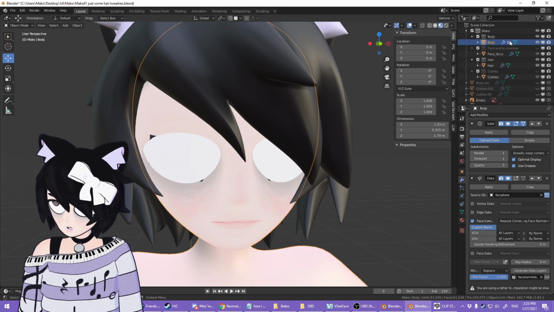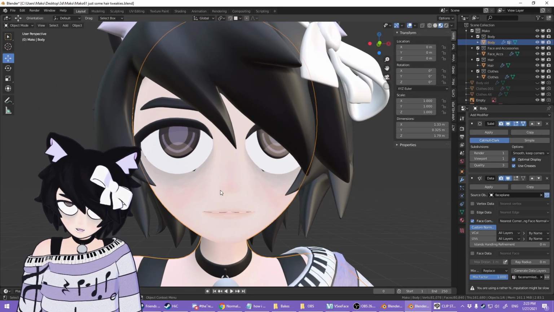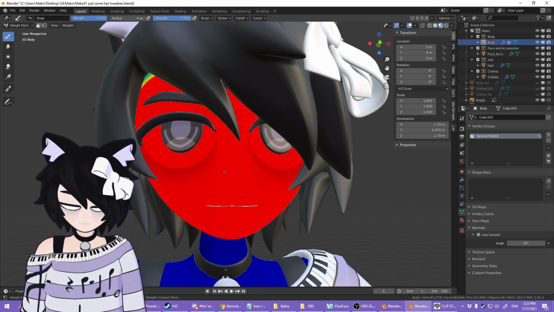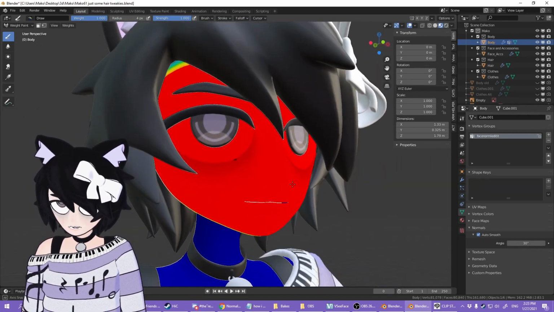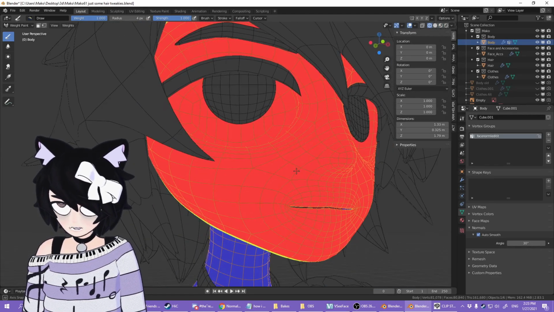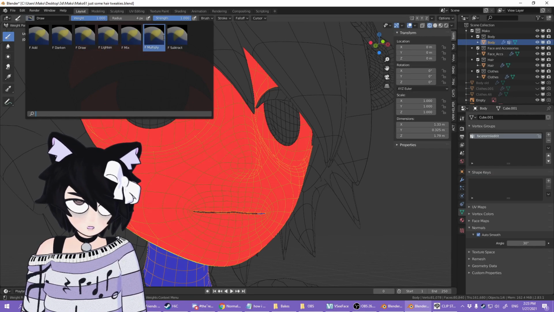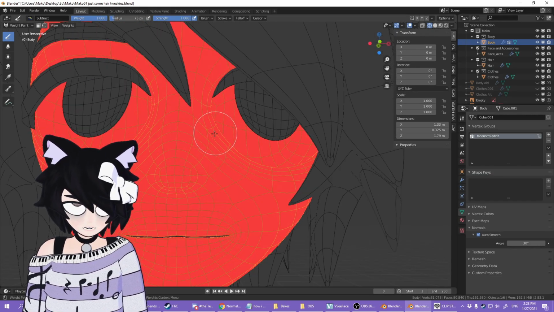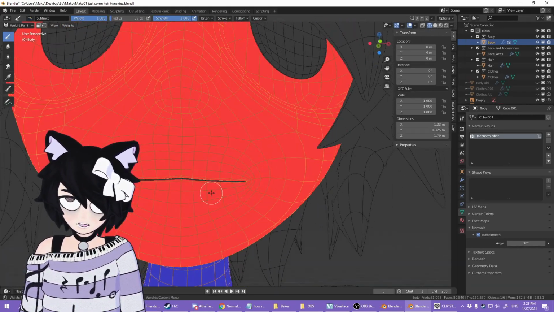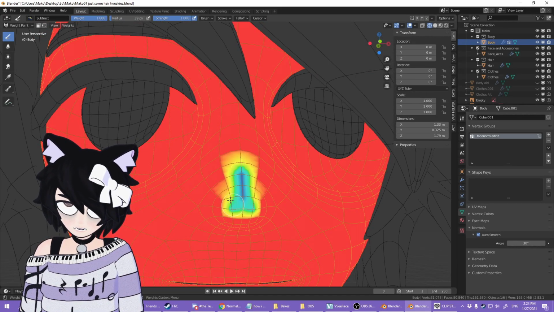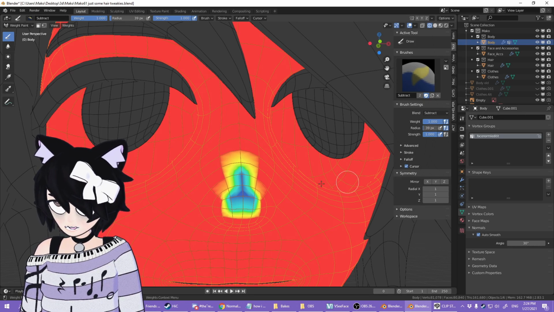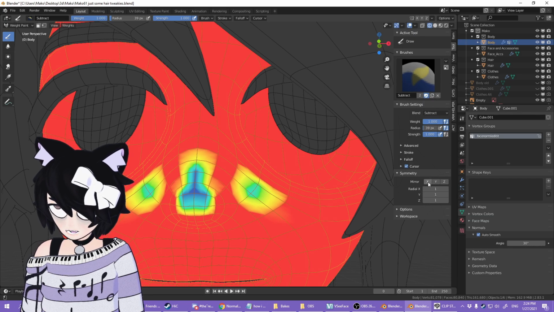However, what you may want to do, and what I personally did, is exclude the nose area from this. And in order to do that, we're going to go on over to weight paint mode, something we will be struggling with in the future when it comes to the rigging phase. But for now, I find that this mode makes it a lot easier. I'm going to click up here, go to Subtract, make our brush radius a bit bigger. Now everything in red here is part of our vertex group, and everything in blue is not. But we can also have things be in between. Also, you can enable symmetry on this tool icon right here, under X. Actually, that's happening without it even being on.